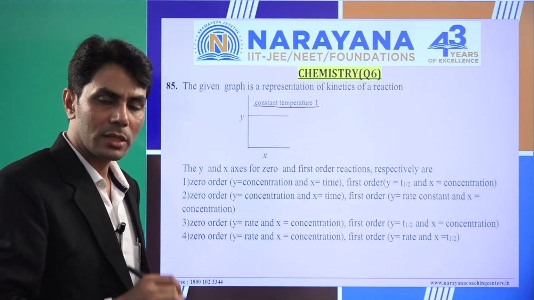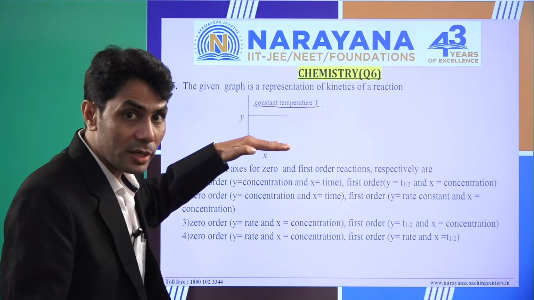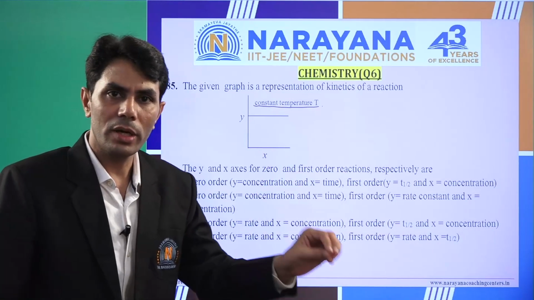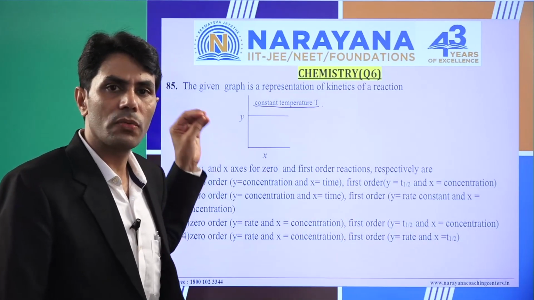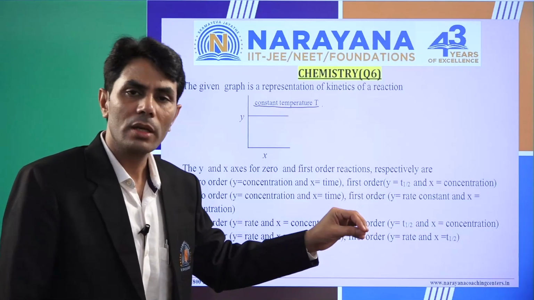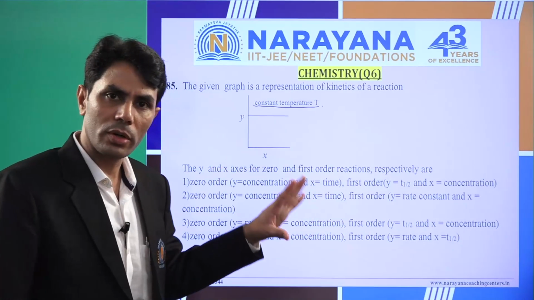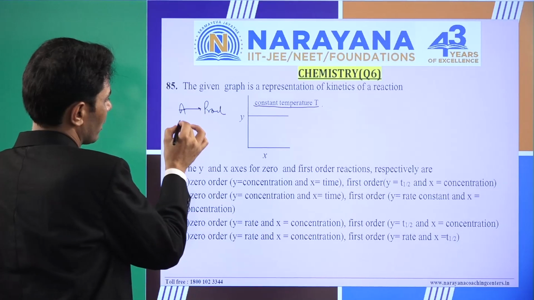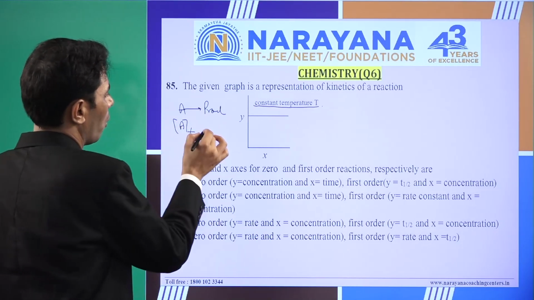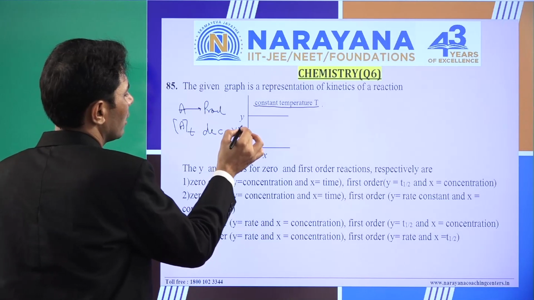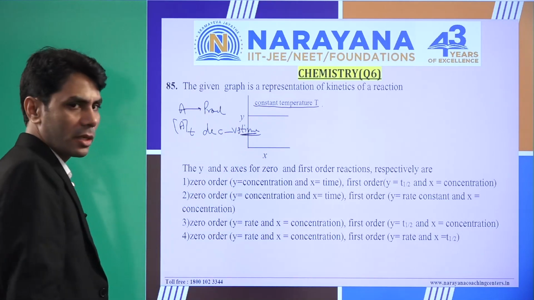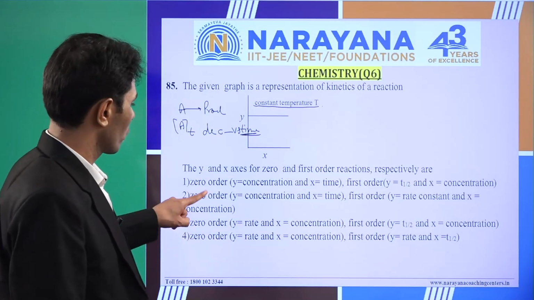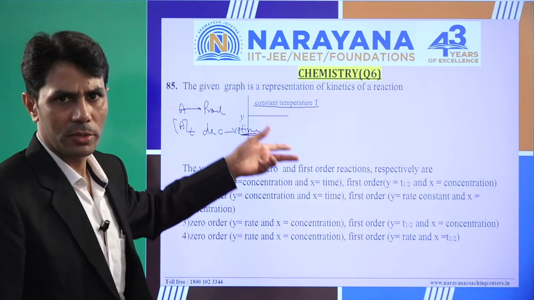So for the zero order reaction, can we say the concentration of reactant remains unchanged with time? No. For every type of kinetics, the concentration of reactant decreases with time, either zero or first order. Suppose A gives product. The concentration of A at time t always decreases with time. But they are saying it is constant. No, so it is an incorrect statement. For the zero order reaction, concentration and time, same option, it is also incorrect.